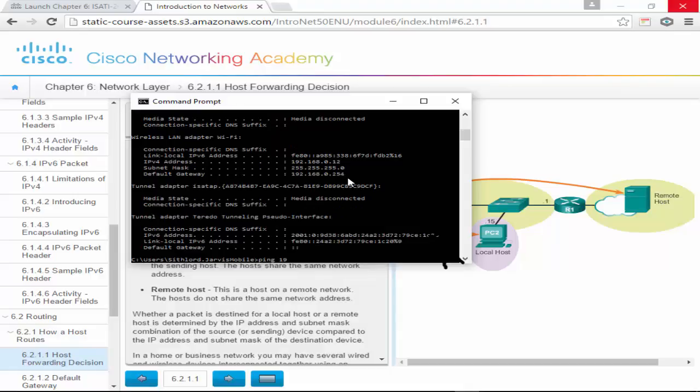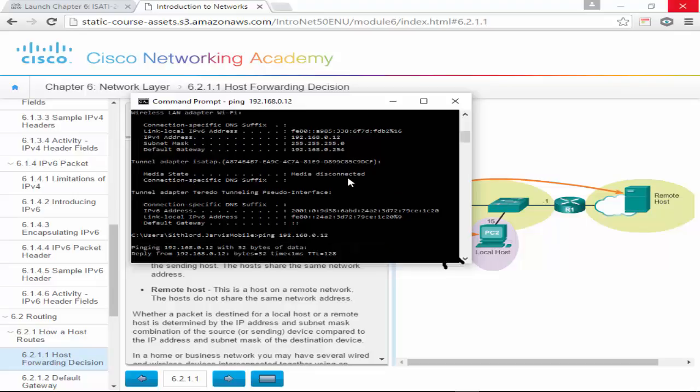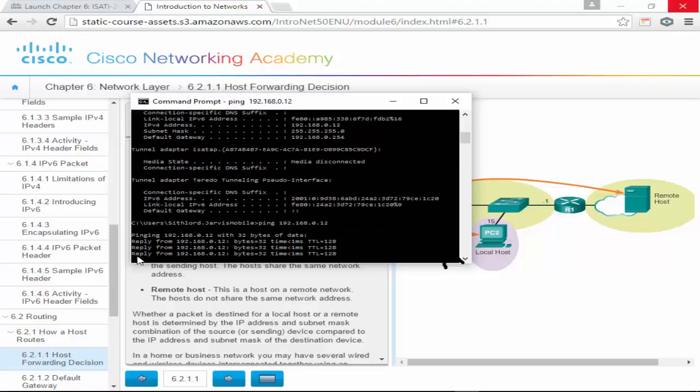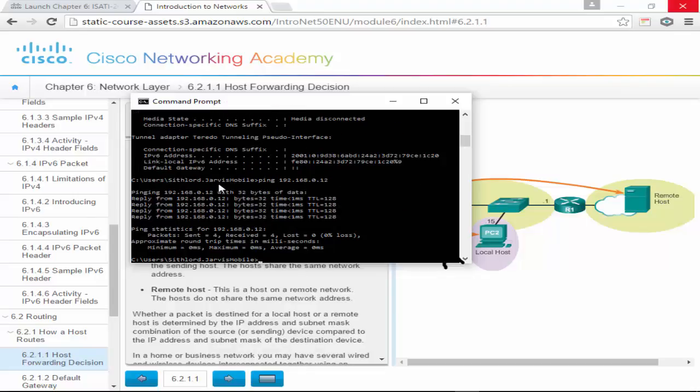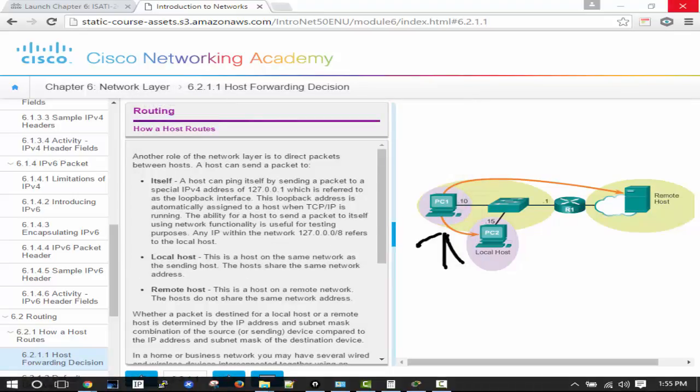192.168.0.12, so I can ping 192.168.0.12. I've tested the loopback. Now I want to make sure that the address that I think I'm programmed as works, and it does. Okay, so